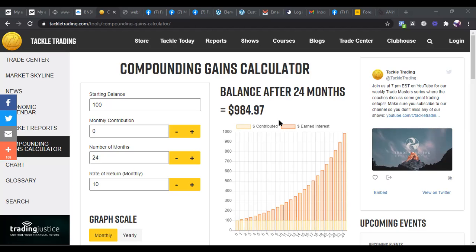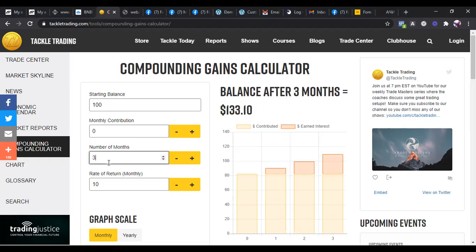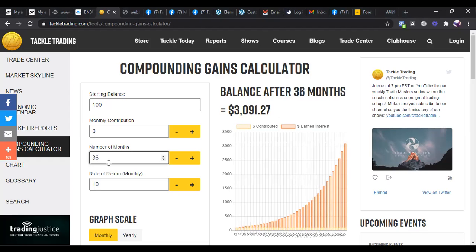So let's try this formula for 3 years. In 3 years, you have that account at $3,091. That's in naira, 1,400,000 naira. So for 3 years, you grew a $100 account to 1 million naira, just by adding 10%